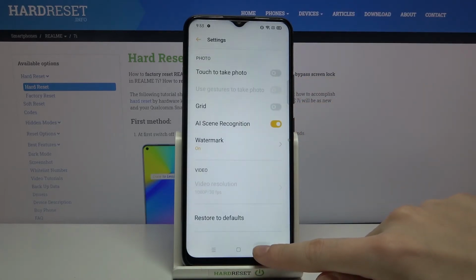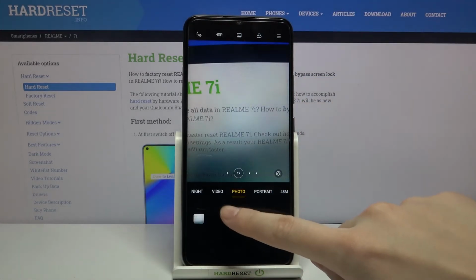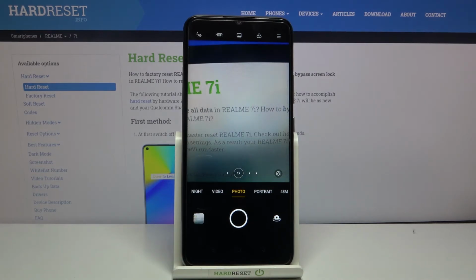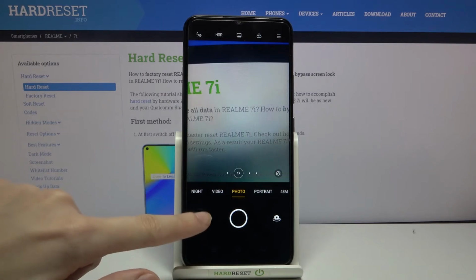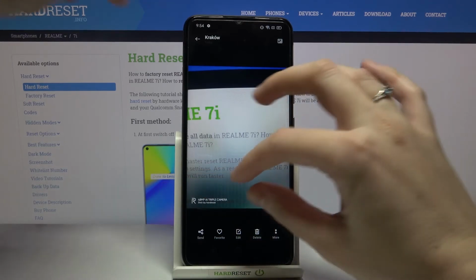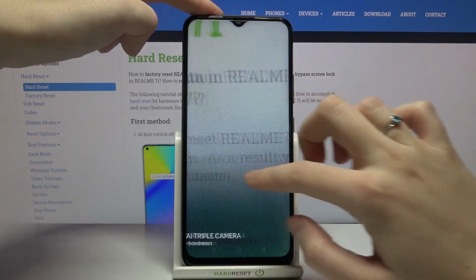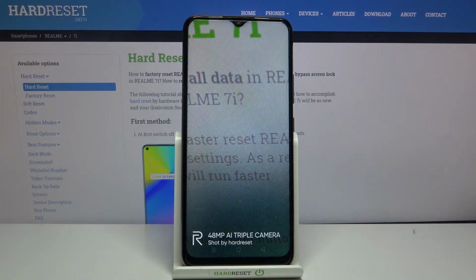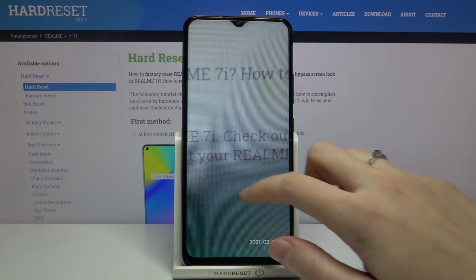Let's go back to the camera to take a picture to see how these watermarks look like in real. Now let's move to the left to this button. When we tap here we get quick access to the gallery, and this is our photo with watermarks at the bottom. Let's get closer to it. From the left we have the Realme watermark with the custom hard reset, and from the right we have the